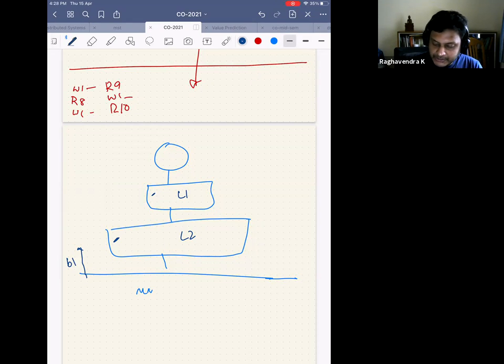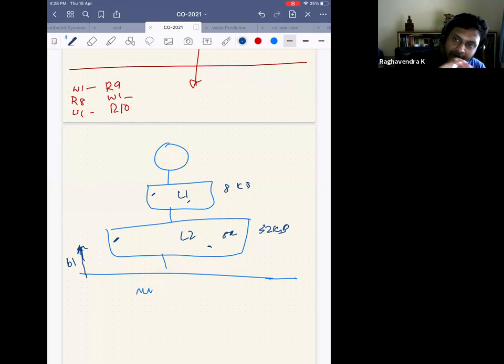What happens if I keep it in both? Let's say this was 8 kilobytes and this is 32 kilobytes. You're duplicating the 8 kilobyte memory here, right? Which means that the effective size of L2 is how much? Because whatever is there, you're keeping it here, right? Whenever you bring a block, you're not just keeping it in L1, you're also keeping it in L2, which means that you have duplicated the data. So L2 is a superset of L1, and L1 is a subset of L2. If L2 is 32 KB and L1 is 8 KB, what effective cache size are you using of L2?